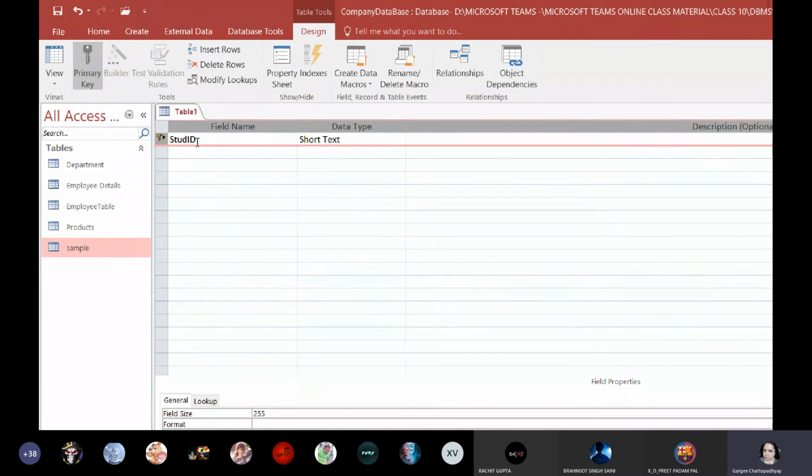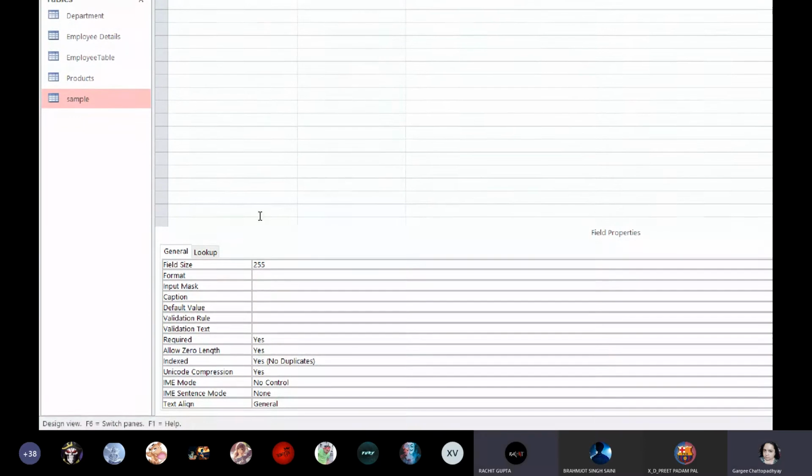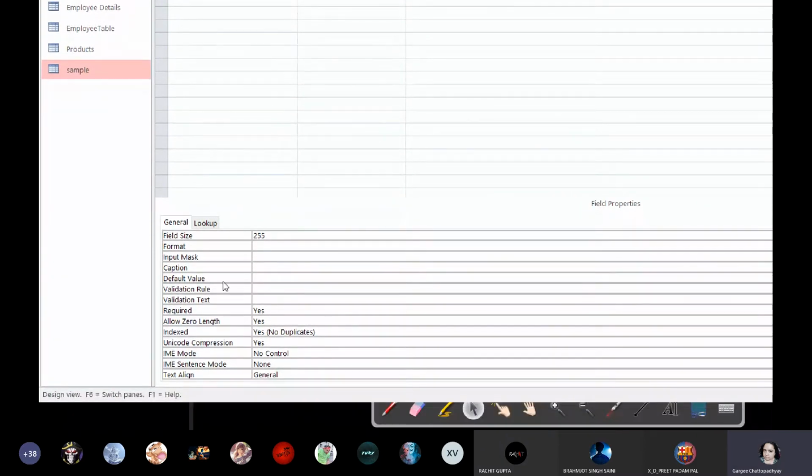Okay. Second is I have to set its size as 4. So what will I do for that? So I'm over here in the field properties section. Yes, ma'am. In the first column, it is written field size. Not font size, the number of characters.